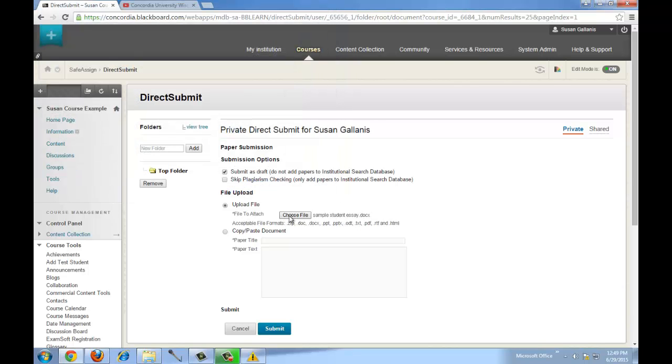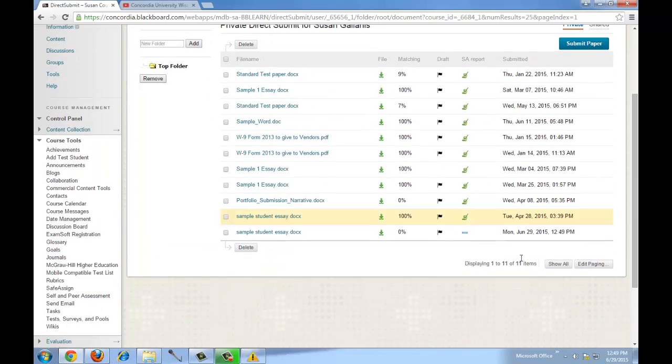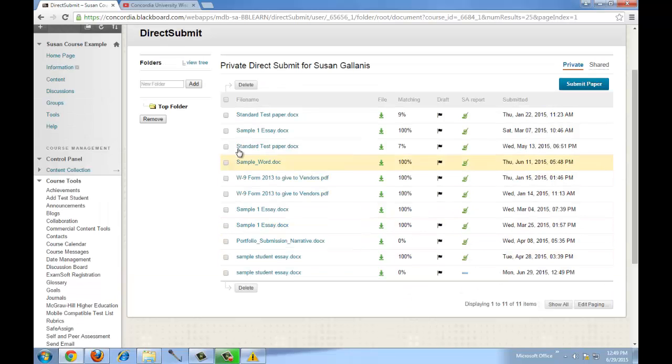And once I've chosen the file, then I can click Submit. And now here on the bottom is the essay that I just submitted. You can see by the dash that the originality report has not been generated yet, but it is a fairly quick turnaround time. I'm going to click on one that I previously submitted, and we can just take a